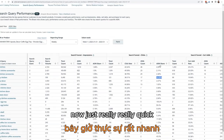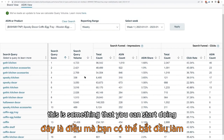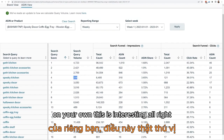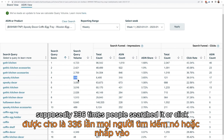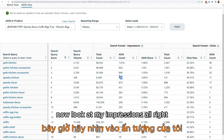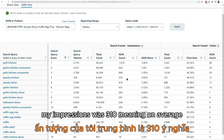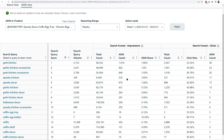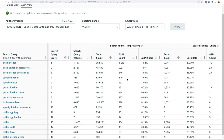Now, just really quick, now that we're looking at this Search Query Performance, I wanted to call out something you can start doing on your own. This is interesting, all right? It says here, search query volume was 336 for the week. That means supposedly 336 times people searched it or clicked back on their browser, et cetera. Now, look at my impressions, all right? This is called ASIN count. My impressions was 310, meaning on average, I was there every single time somebody clicked back or whatever, our product